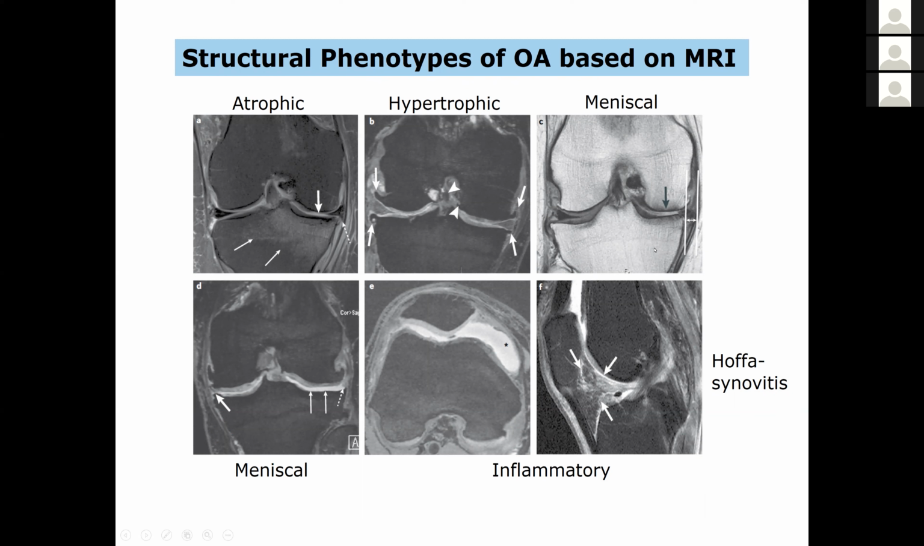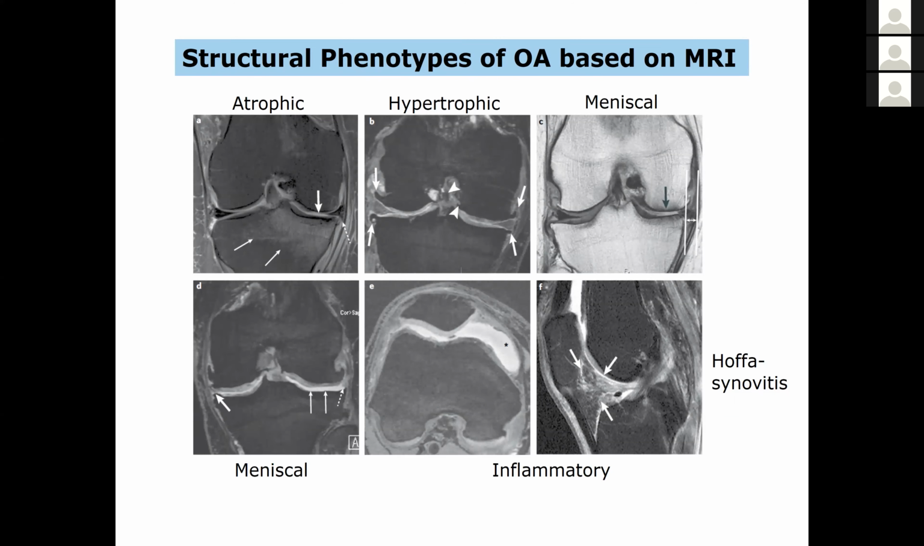And then there's a meniscal phenotype where there's evidence of meniscal damage that's shown in this image as well as in this image. And then an inflammatory phenotype. This is a large joint effusion, and this is Hoffa's synovitis, which is often used to define the inflammatory phenotype. So these are the proposed structural phenotypes that were based on MRI. And the MRI was looked at